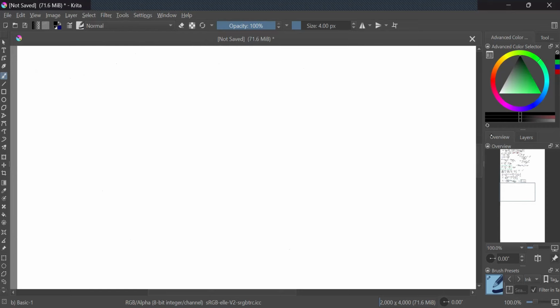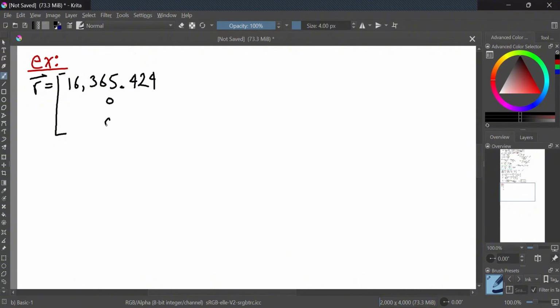All right. So now that we've proven that it is a constant of motion, let's go ahead and do an example. Let's do the exact same example as we've been doing before. Our same given conditions. It's going to be 16,065.4 kilometers, and our r dot